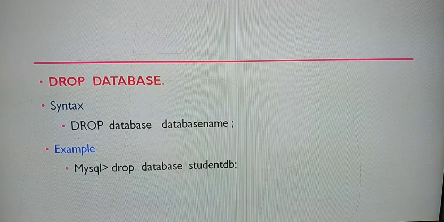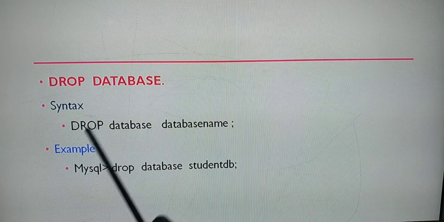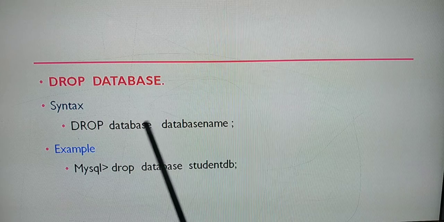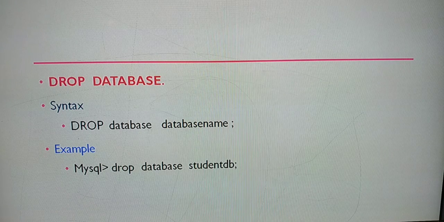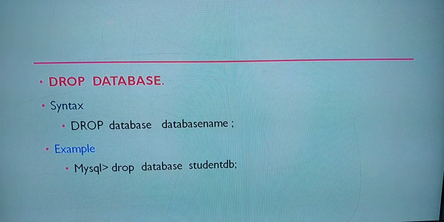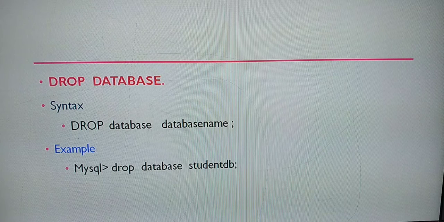Yes, next you people are going to drop a database. Drop means you people are going to delete that one. How you people will delete? For that syntax is drop. It is your function name. Database, it's your keyword. It's your database name. What is the database that you people have already created? You are going to delete that one. So go with that example.